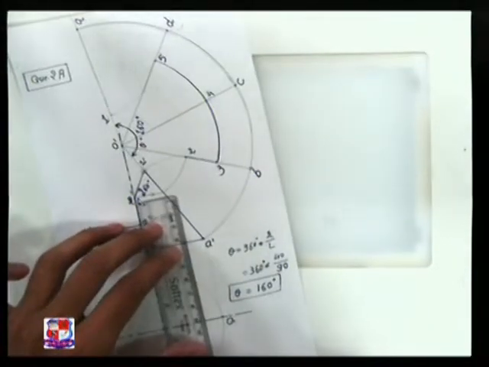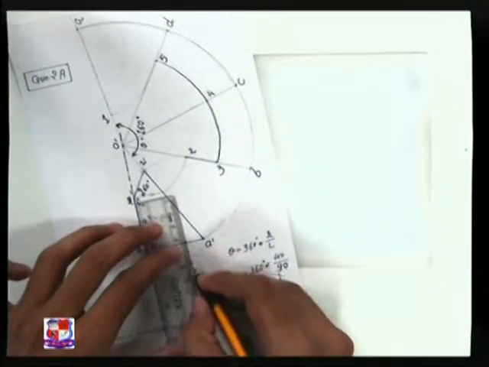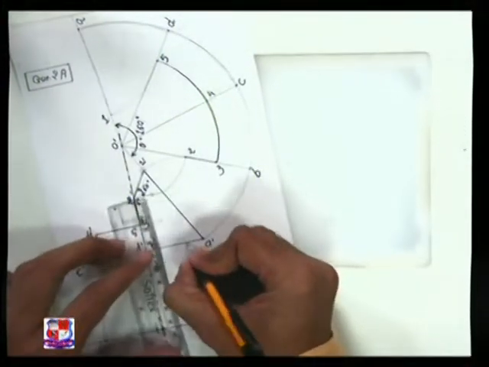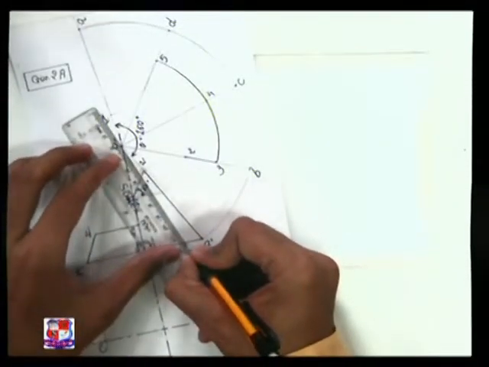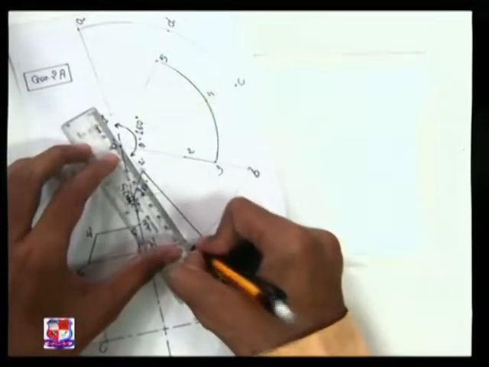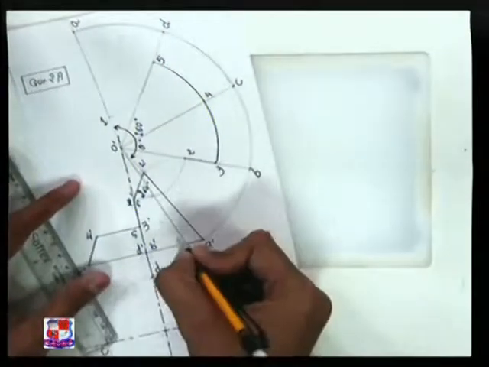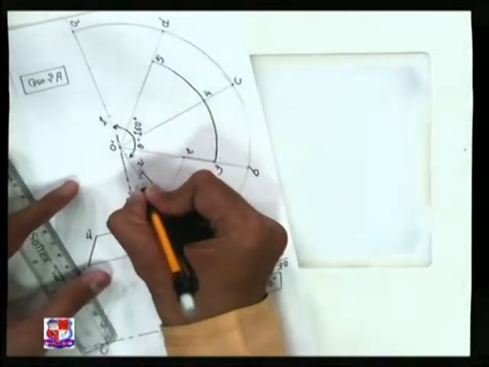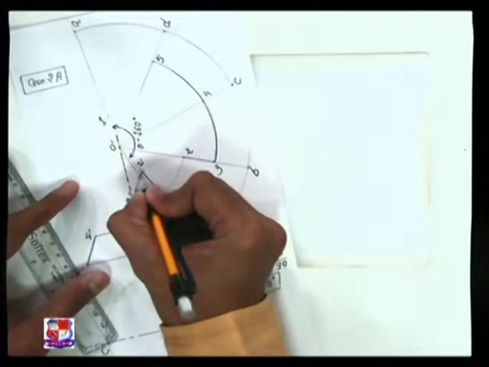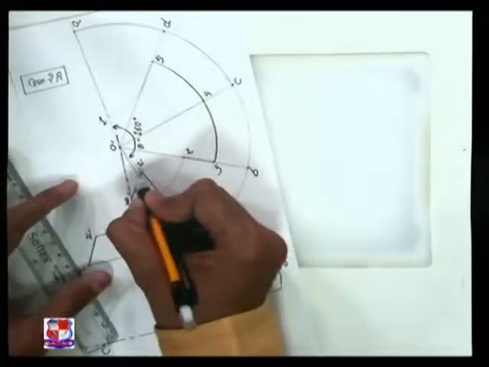From these 2 points, draw a vertical line over here like this and draw this imaginary generator. This is the imaginary generator. Join O dash with this line like this. We can draw an imaginary generator like this. Now this imaginary generator cuts this cutting plane over here. This is the point. Now we have to locate this point on these edges.